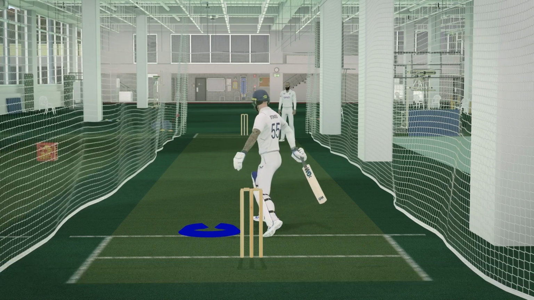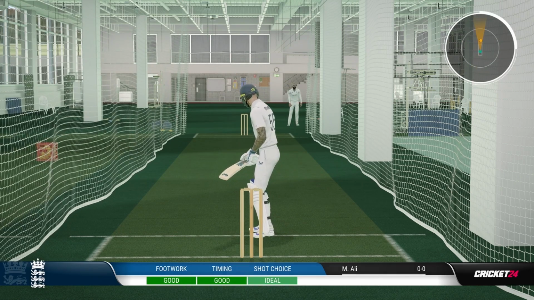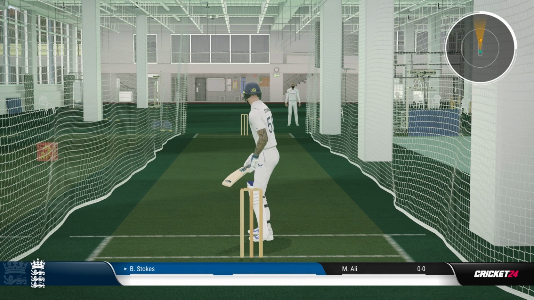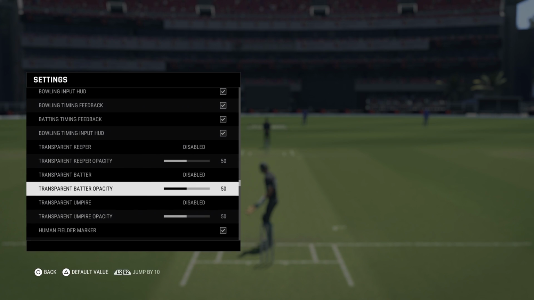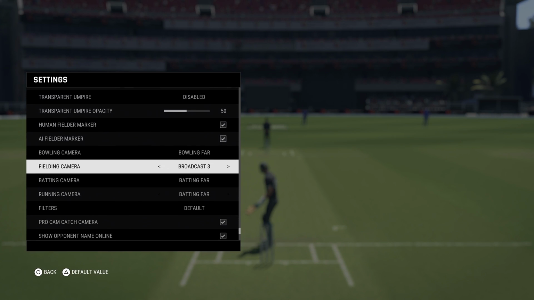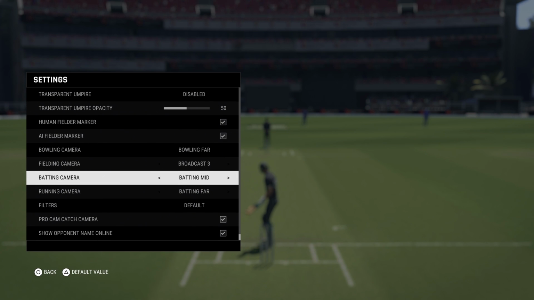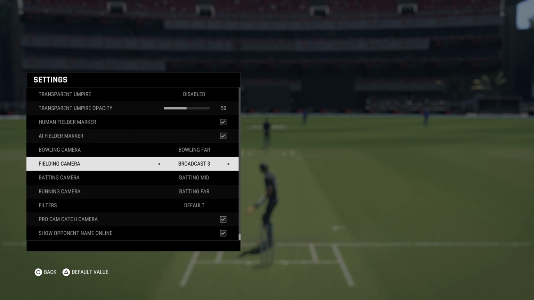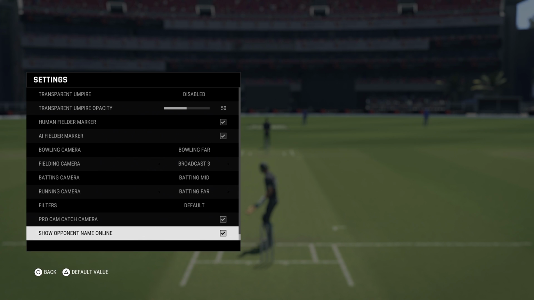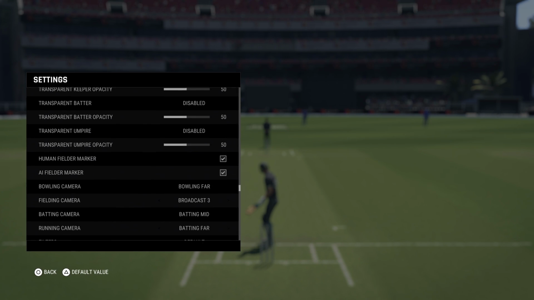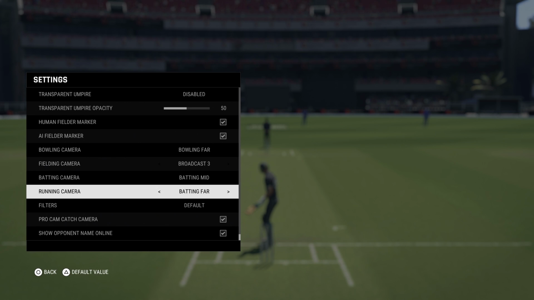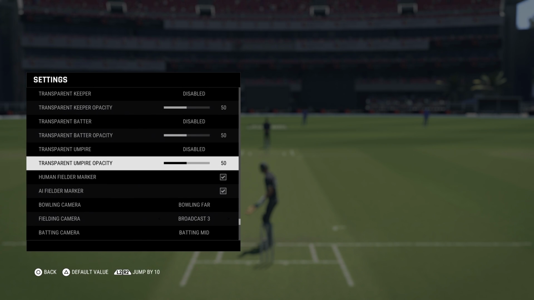And our first thing that we need to look at, or at least in my opinion, is the batting camera settings. Now, this is going to be subjective. This is going to be something that you will want to have a look at yourself and try all of the different batting camera settings. But for me, going into the settings and changing to batting mid is the best way for me to play